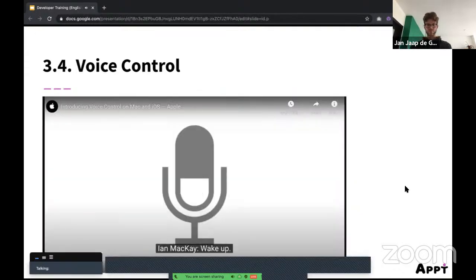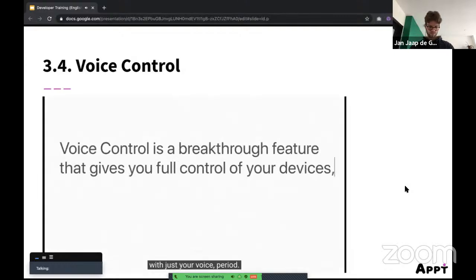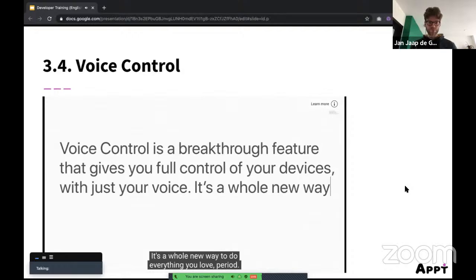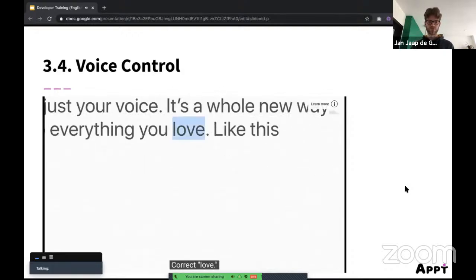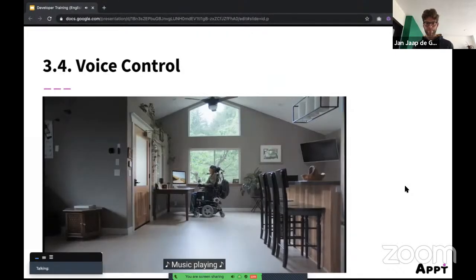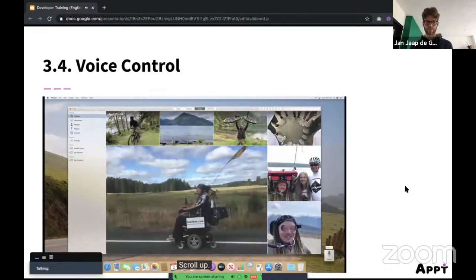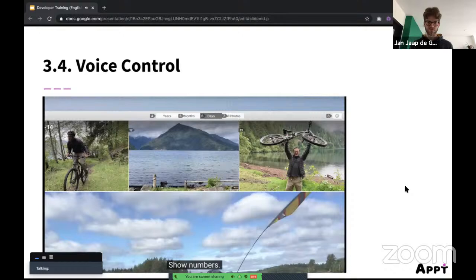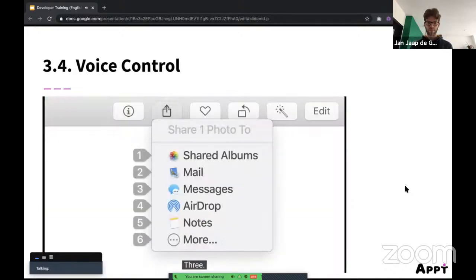Voice control is a breakthrough feature that gives you full control of your devices with just your voice. It's a whole new way to do everything you love. Open photos. Scroll up. Show numbers. 13. Click share. 3.